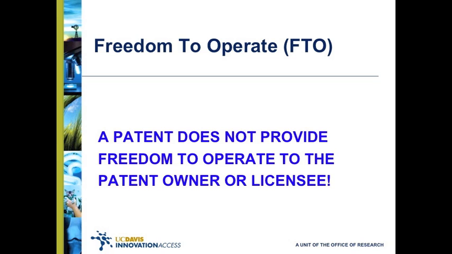But your invention that's covered by a patent may be dominated by someone else's patent. And you may need a license from that other patent holder in order to practice your own invention. Correspondingly, the owner of a dominating patent would not be able to practice your invention that might be subordinate to it without a license from you. So patents do not provide freedom to operate. They merely allow you to exclude others from practicing your invention, unless you provide a license.